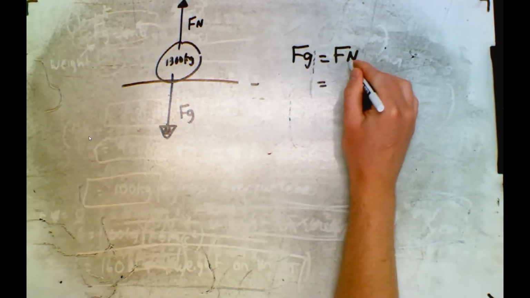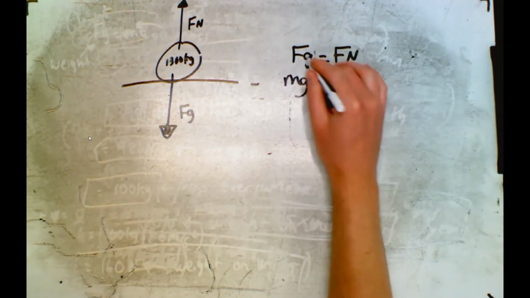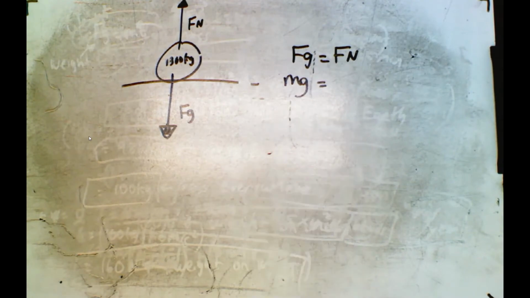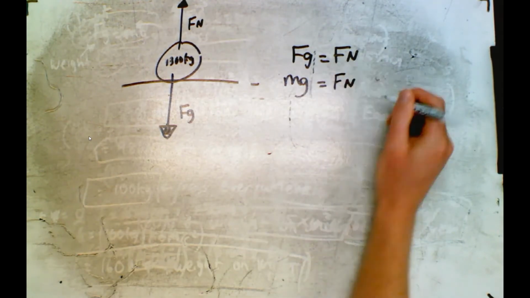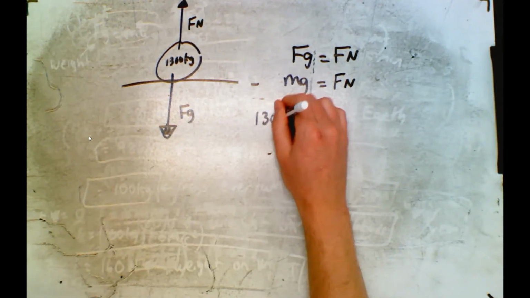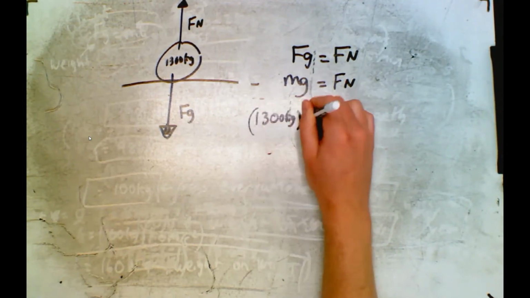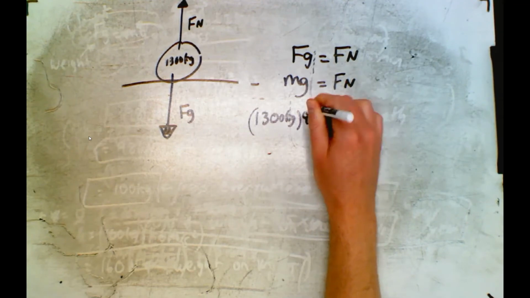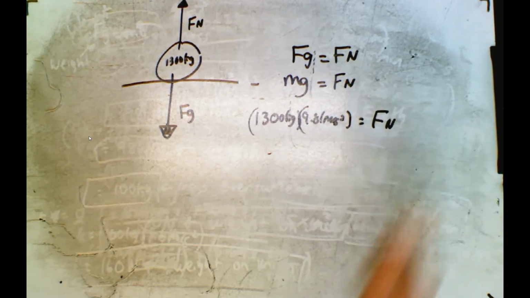We don't have a formula for force normal, but we do have a formula for Fg. We can break this down and say that Fg is equal to mg. So mg is going to equal this, but it's also going to equal this because they're the same. So I just have to go 1,300 kilograms times 9.81 meters per second squared. And I can find that force normal. So if I do that,